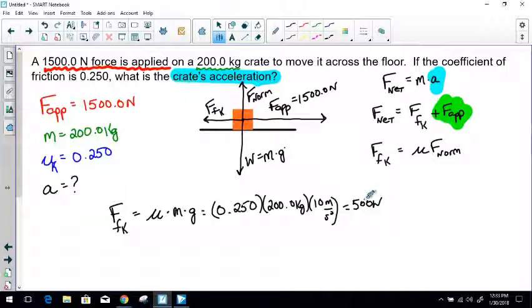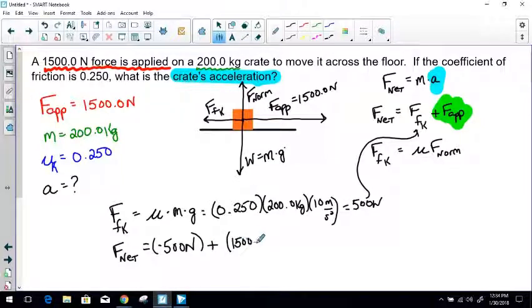So now our force of kinetic friction can go up here in this equation. So our net force equals 500 newtons. And remember, our force of friction is always acting opposite the direction of motion. So we're going to put a negative sign in there to indicate our direction, plus our applied force, which is 1500 newtons. So doing the math here, our net force equals 1000